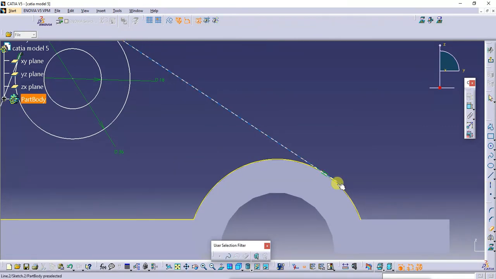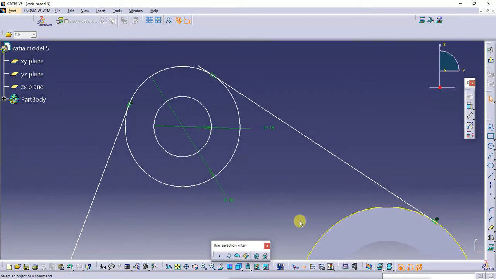I'll go for the trim command to trim this portion. I'll trim this.